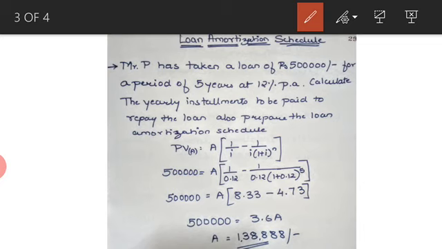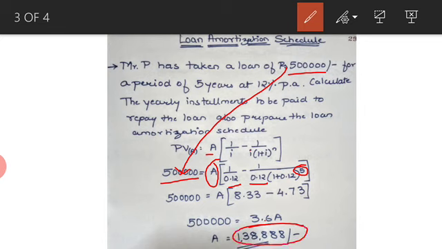So let's understand the formula. Present value of annuity is equal to A into bracket 1 upon I minus 1 upon I into (1 plus I) raised to n, where present value of annuity given to us is 5 lakh. So 5 lakhs comes over here. Annuity we don't know, that is the installment is not known to us. I is 12%, so 0.12 and n is 5 years. So all these things are given. When you substitute the value, you get 8.33 minus 4.73, that is 3.6A. So 5 lakh is equal to 3.6A. A is equal to 5 lakh divided by 3.6, which gives you